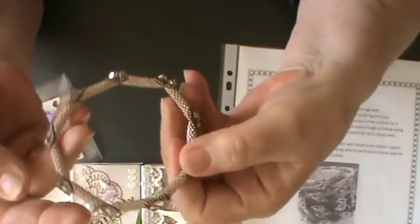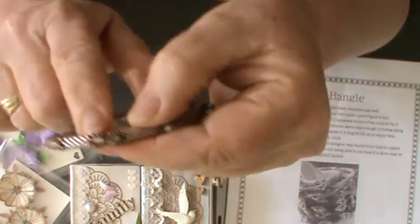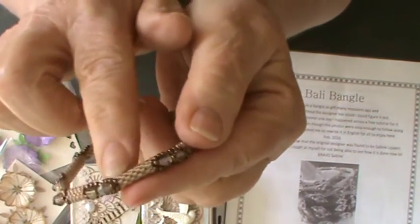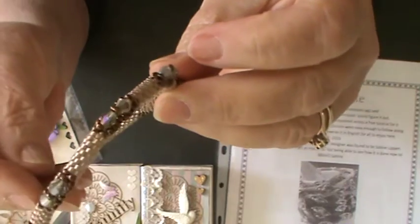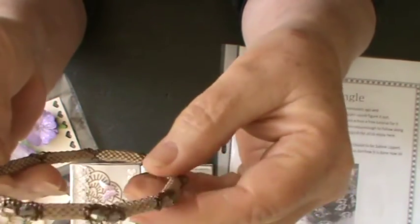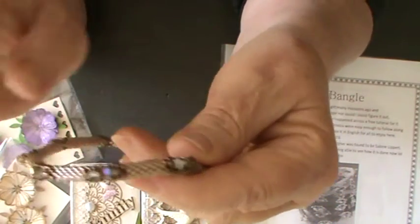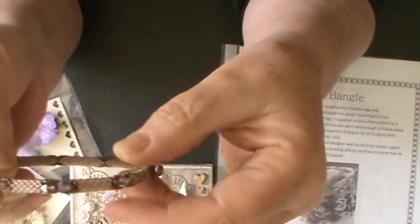I'm calling this one Coffee Mocha because that's what the colours remind me of. There's a really lovely chocolate brown here, and then the mocha is this goldy iridescent. I'm hoping you can see the individual beads here. Everything here is hand sewn following Sabine's pattern. I have altered the little bit in the centre here because I didn't want anything that was going to be too proud and catch on